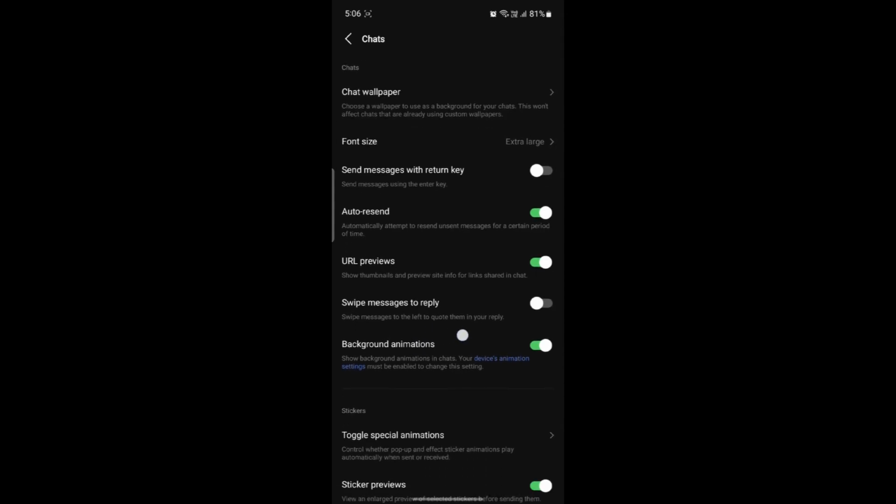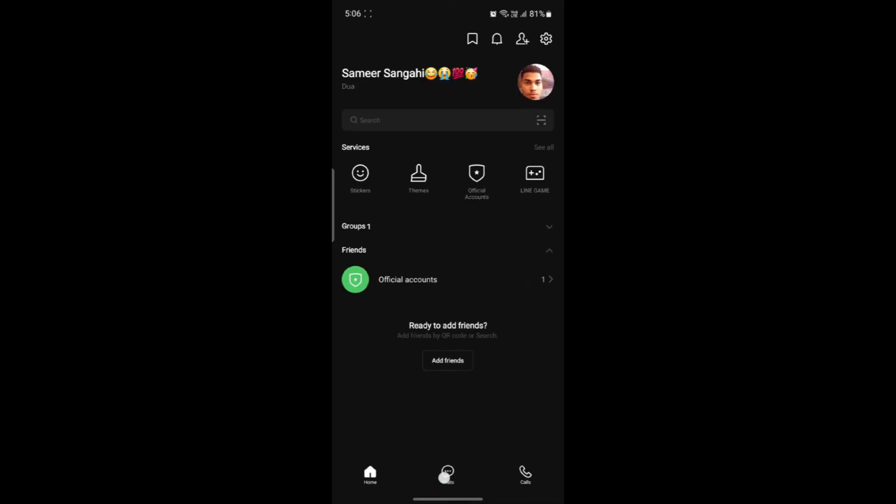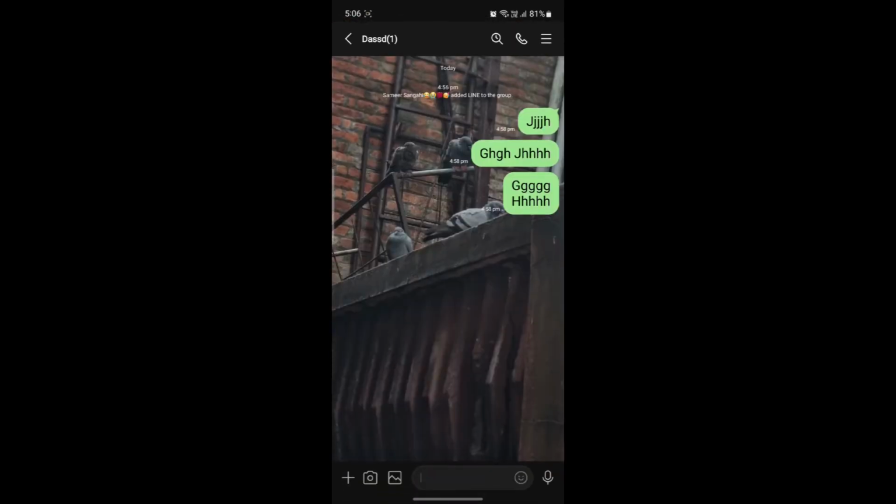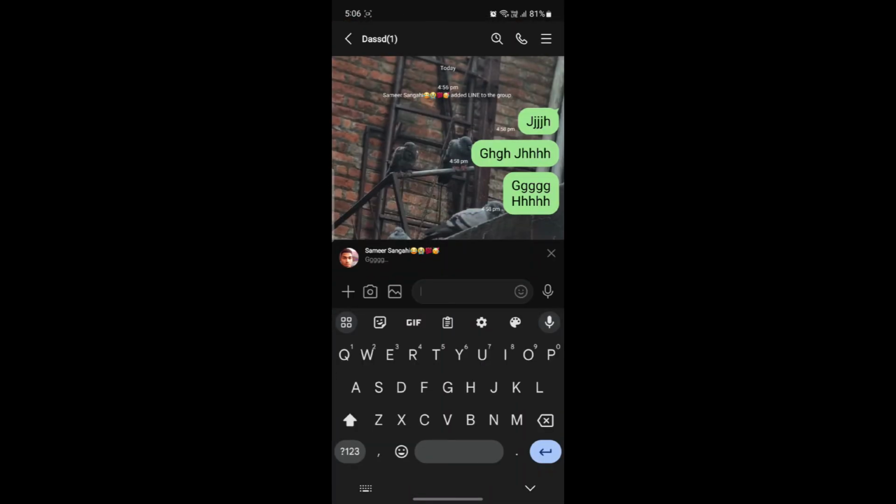Then you can see the swipe messages to reply. What this does is it will help you swipe messages to left to quote them to your reply. So you can enable this and you can go to your chats. After you go to your chats, now you can see that if you swipe it left, you can automatically reply